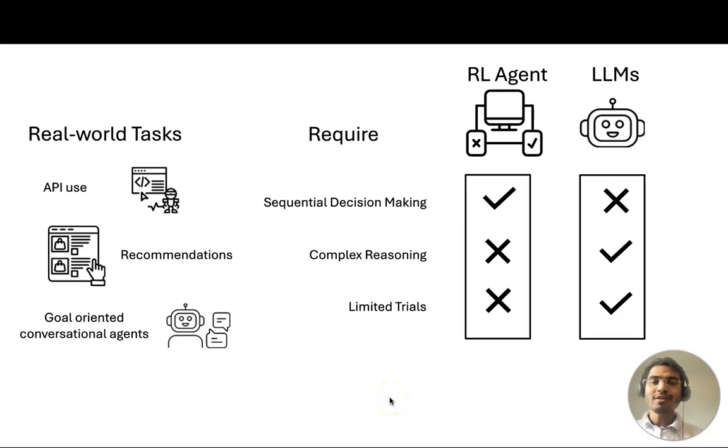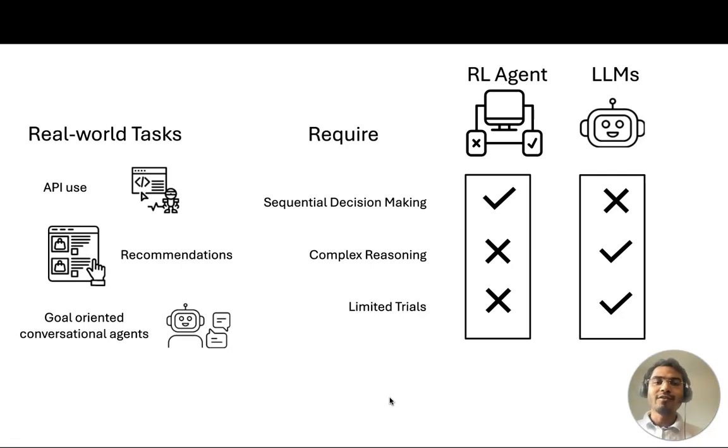A lot of real world tasks where we want to employ AI agents actually require sequential decision making. These tasks could be using language models to use APIs and tools to perform some very specific tasks. It could be making recommendations for users or goal oriented conversational agents. These kinds of tasks require sequential decision making, and hence RL comes up as a first choice to model these